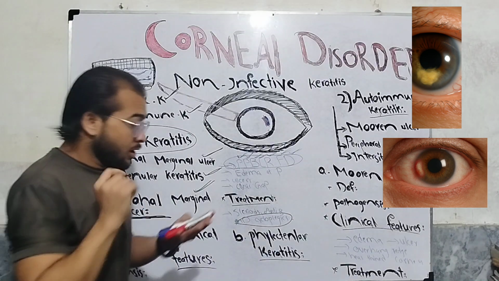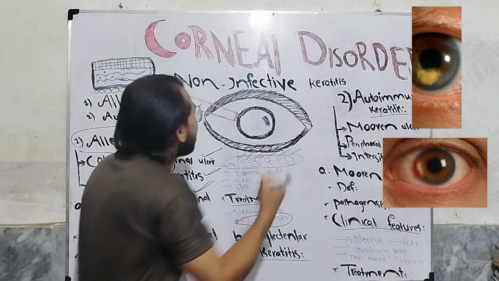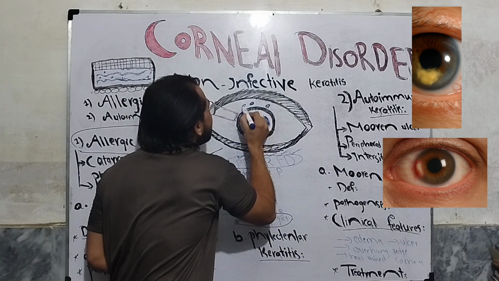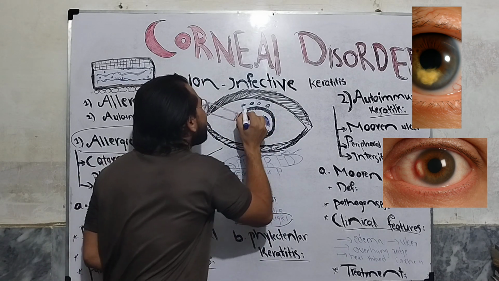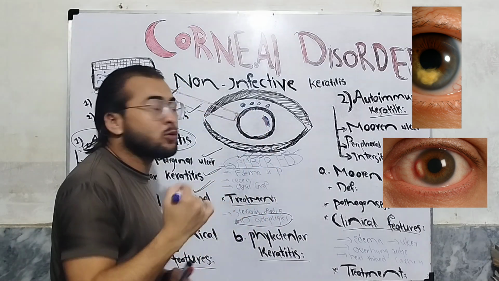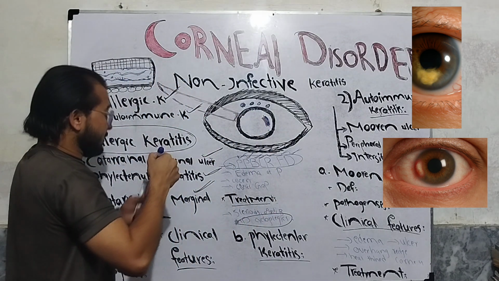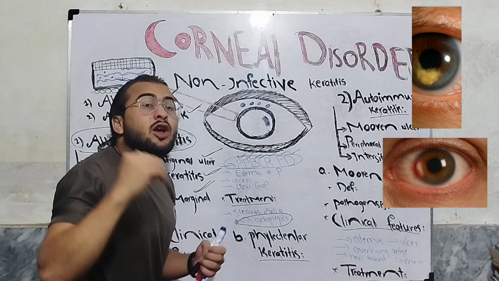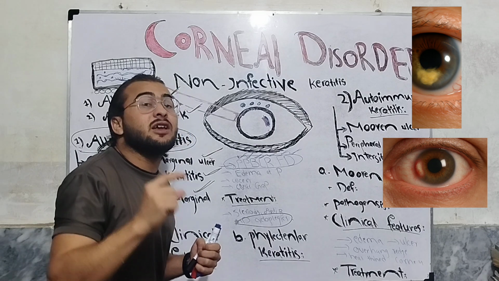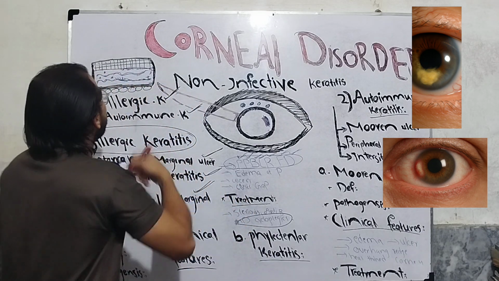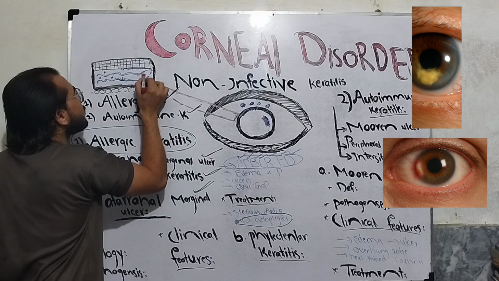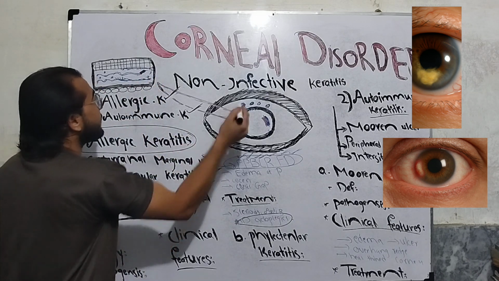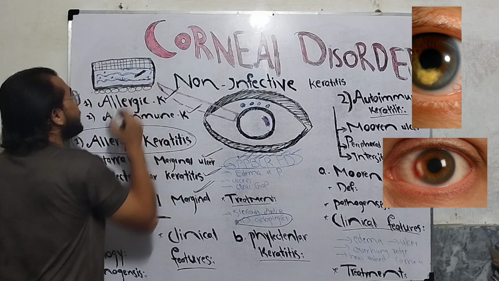Now the pathogenesis. When the staphylococcus inoculates the eye, there will be the release of staphylococcal exotoxin and cell wall proteins. Then what will happen? These staphylococcal exotoxin and cell wall proteins will activate type 3 hypersensitivity reaction and will cause the condition. For example, this is the corneal layer, so there will be the formation of immune complexes due to the antibodies and the staphylococcal antigens. So these